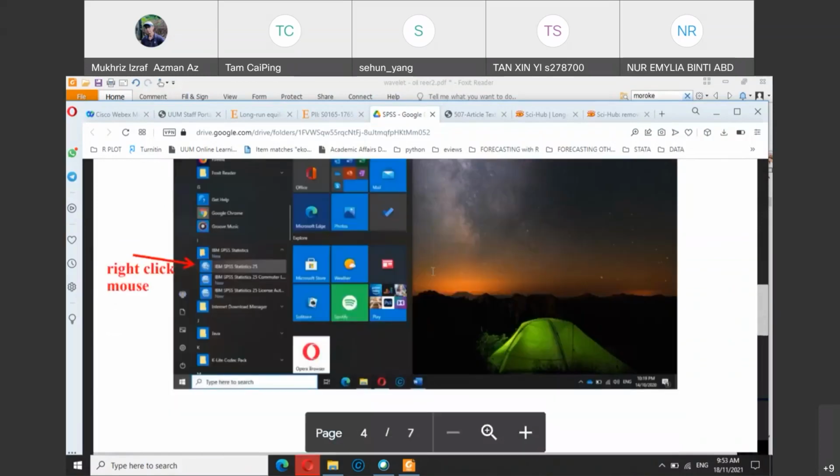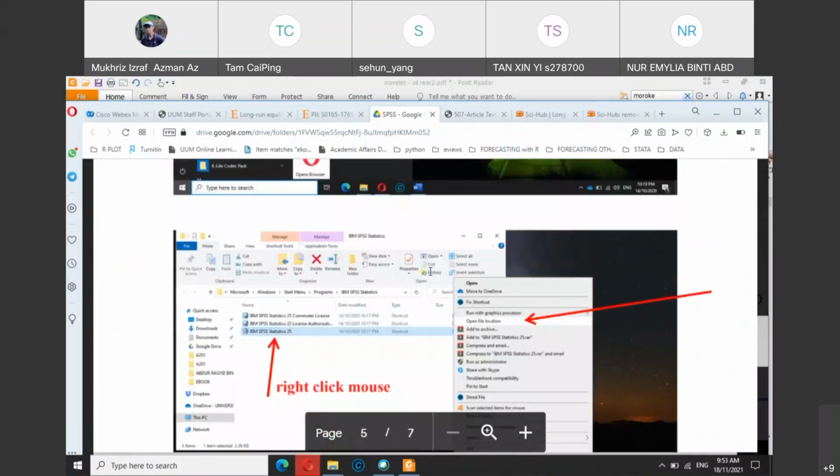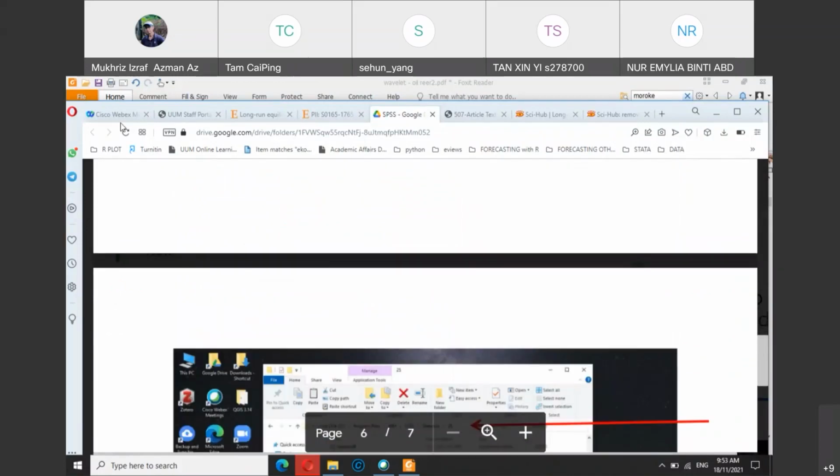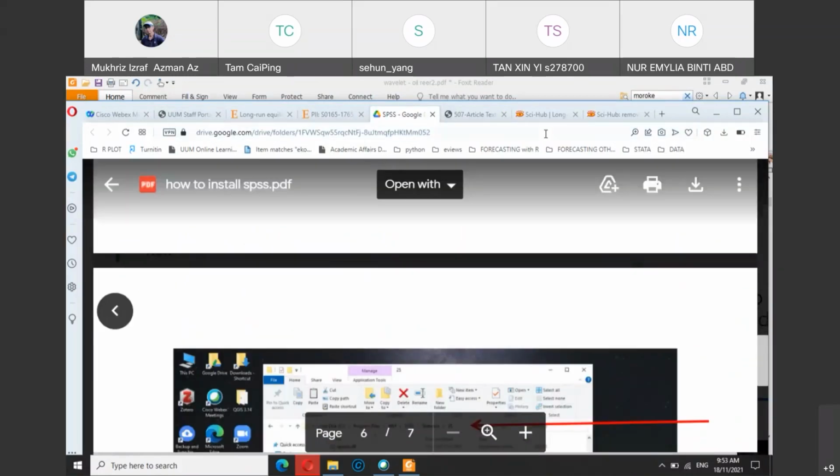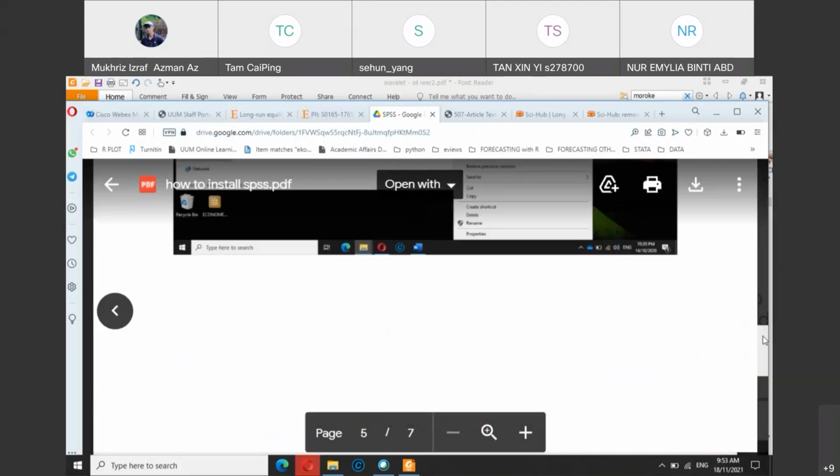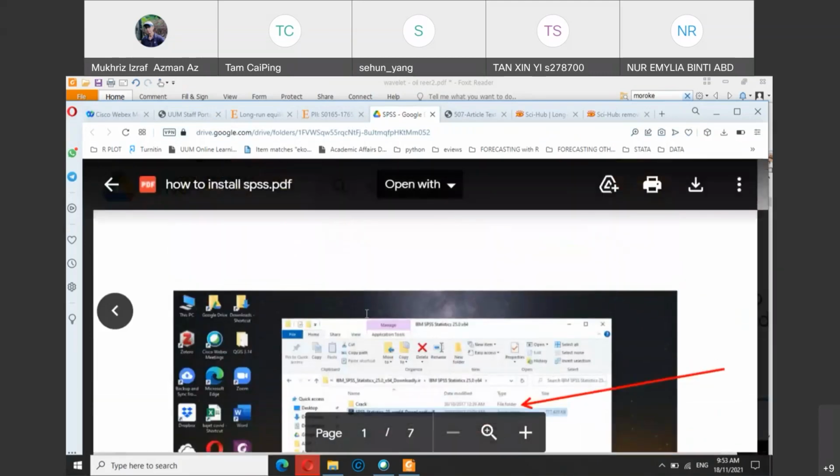Okay, how to install and also use whatever I put in your Google Drive here. So this SPSS will be used for you to key in your survey data, your questionnaire data.